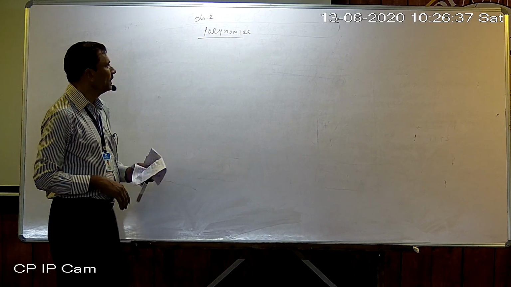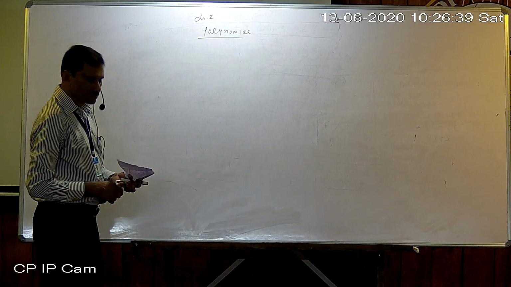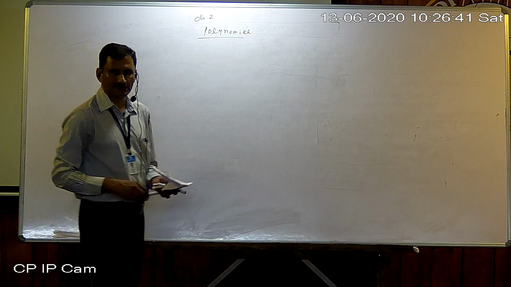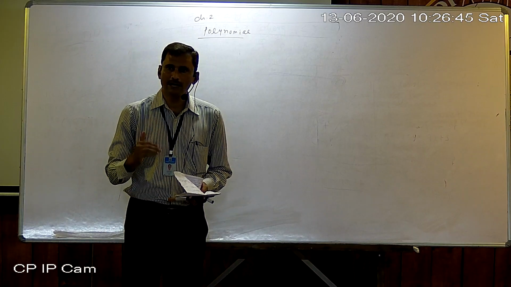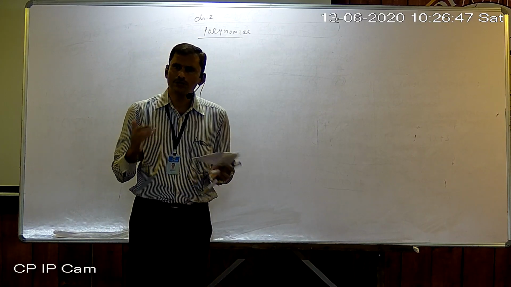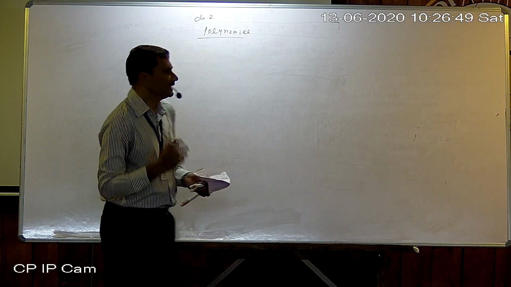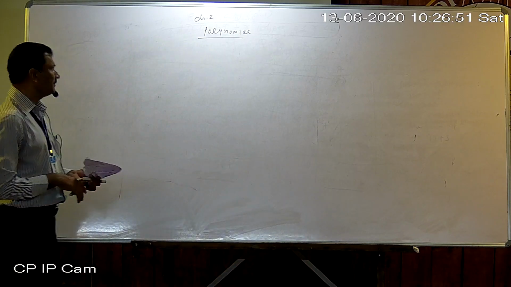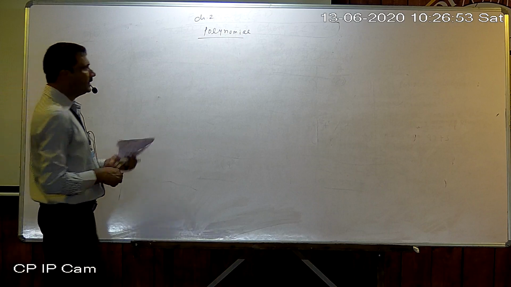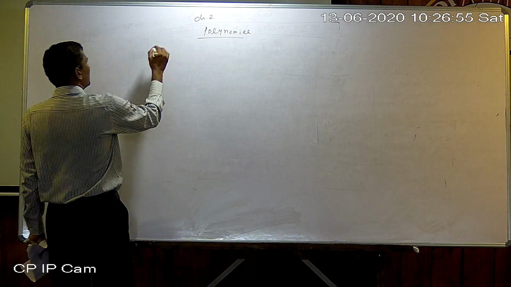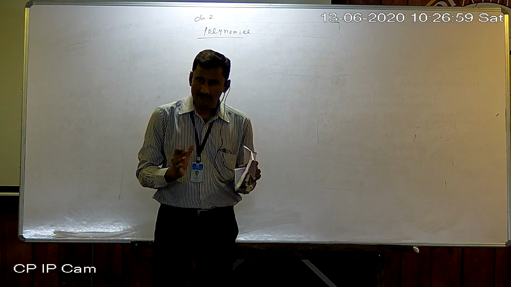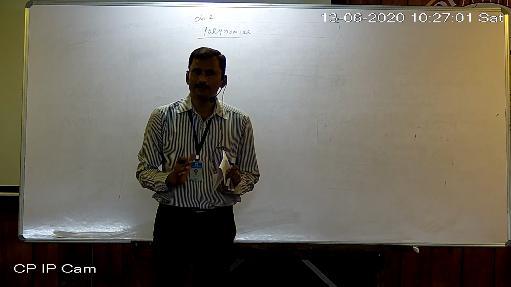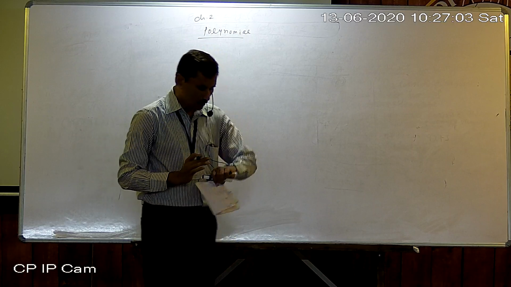First of all, what is a polynomial? A polynomial is one type of expression on any variable. The variable may be x, y, t, u, whatever it may be, but that is called a polynomial. There are different types of polynomial you studied. There are two ways to classify polynomials. How?